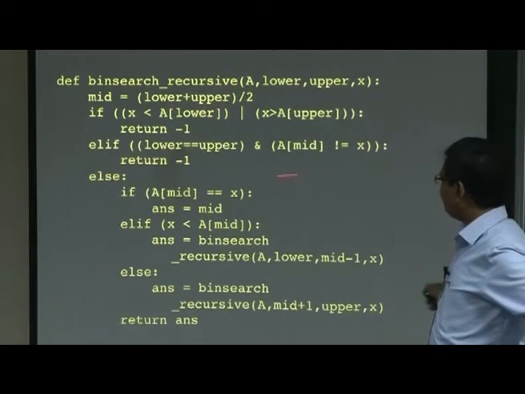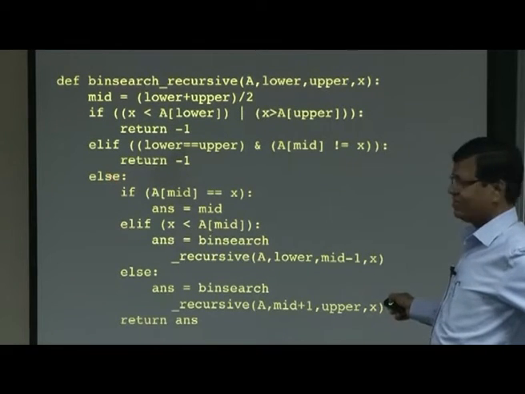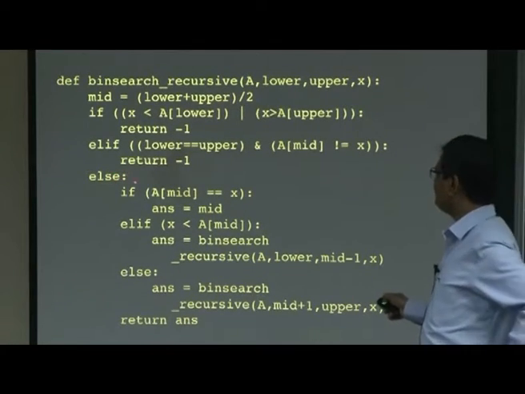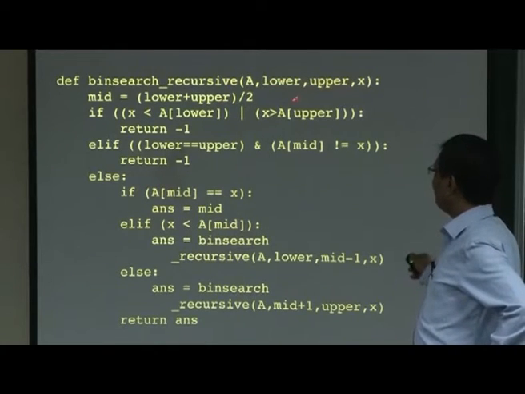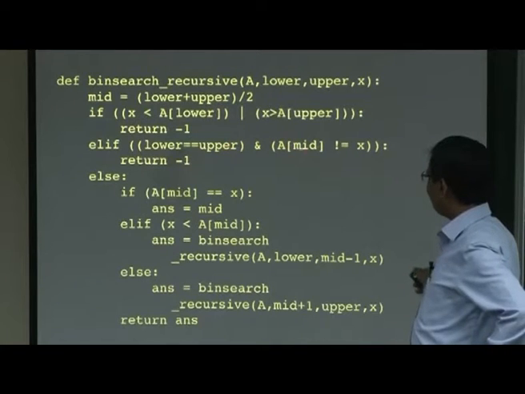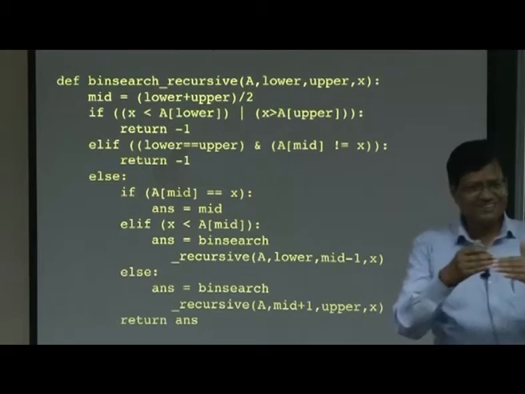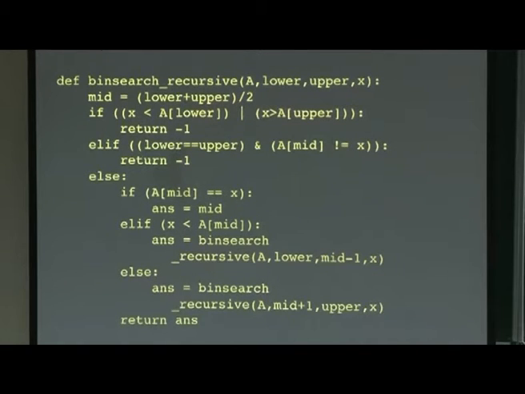Now, if none of these two conditions is true, then I come to else. What is the possibility? Either lower is not equal to upper, or lower equals upper but this condition is not satisfied. So, you have to logically argue. As I said, the computer will understand only if you put all your logic at hand.